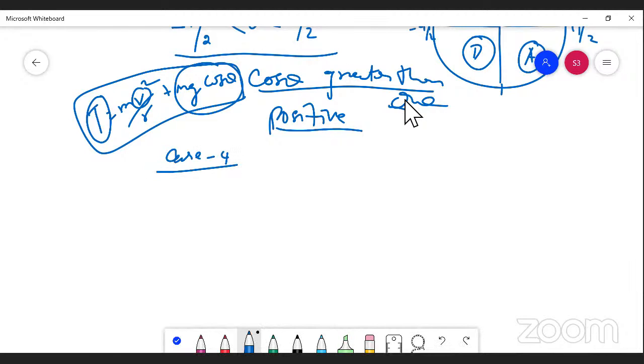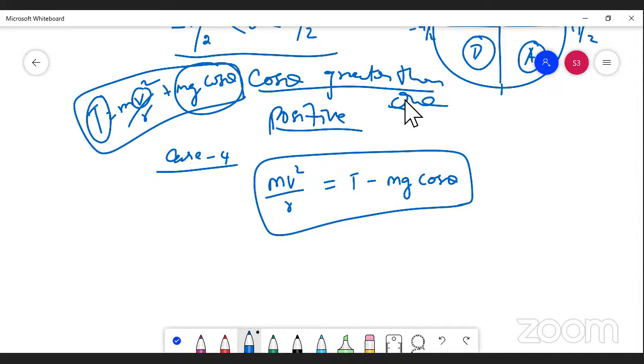The limits. I want to calculate this centripetal force: mv square divided by r is equal to T minus mg cos theta. For the limit, I want to take theta going to 3 pi by 2 maximum, and pi by 2 minimum. Cos theta is negative, which means